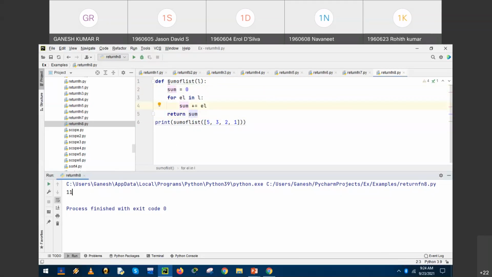So hence, the function definition is different, the variables are different, the expressions are different. We should be very careful in writing the application. Right. So in this session, we have discussed two variants of return in the function. Right. The return instruction has two different variants. The first consists of the keyword itself without anything following it. The second return variant is extended with an expression. It's called an expression.